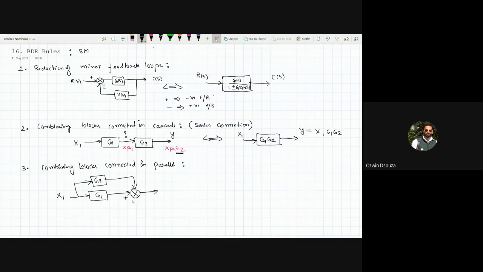Let's say the output of this summer is Y. So let's say you have this parallel connected block scenario in your block diagram. If at all you have a connection of this kind,